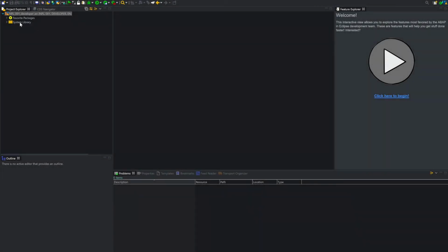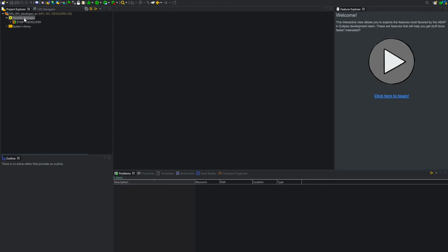By default, I will find my favorite package, and by default in my favorite package I will find the TMP for my user. My user is developer. Here in the system library I will find all the packages of the standard library provided by SAP.